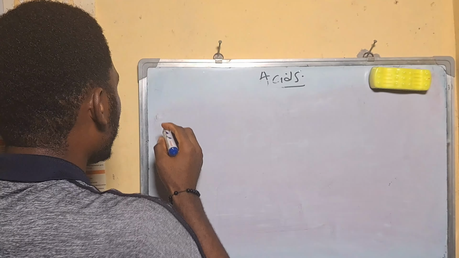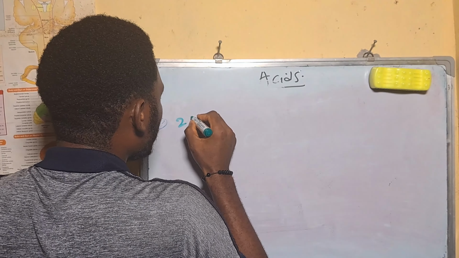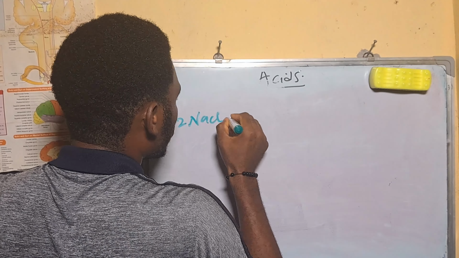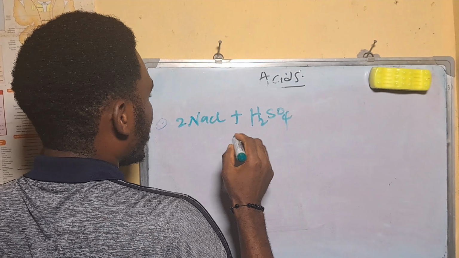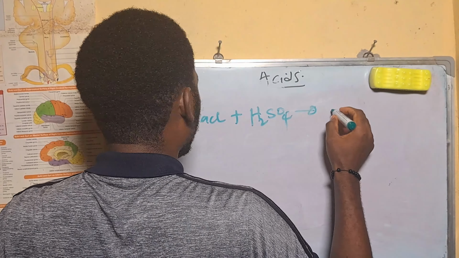Also, you can form acid by displacing a weak acid from its salt by a stronger acid. This is the third way of forming acid in the lab setting. So you displace a weak acid from its salt by a stronger acid. I'm going to give you an equation to justify that. Sodium chloride reacts with H2SO4,